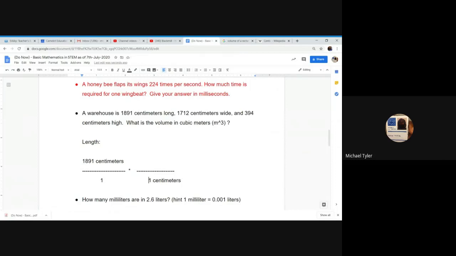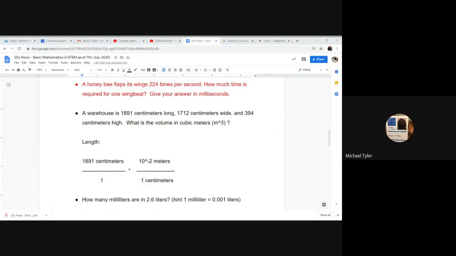That won't cancel out right. And that's why I stress these dimensions with you guys. When I was in engineering school, that used to be a headache. And that's meters. Now, do you see what can cancel out? The centimeters. There you go. So that leaves you in just meters.